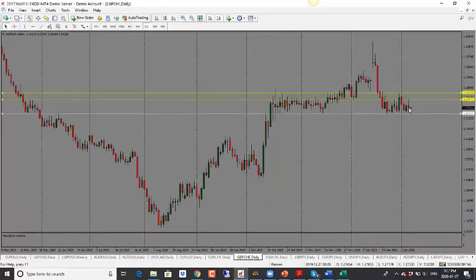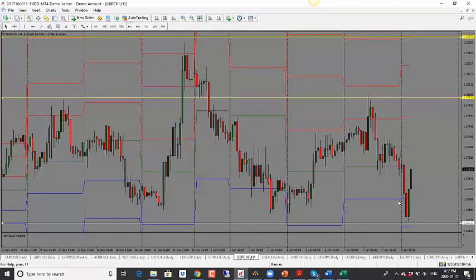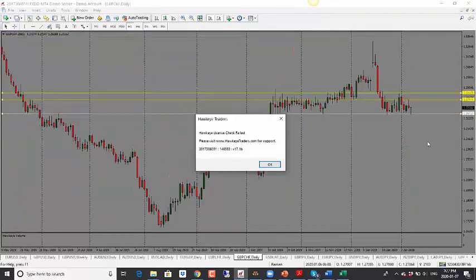Pound Swiss franc here, this one as well, we do have a nice pin bar here. So bias is to the downside. Now things have moved rapidly, like I said, based on the news, and we had a big inefficient move to the downside, which got filled pretty much right away. So based on the daily candle close, though, bias is still to the downside.